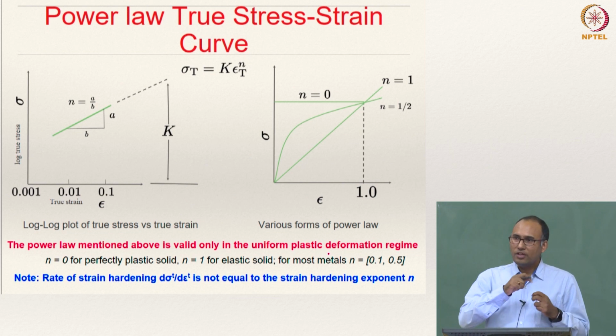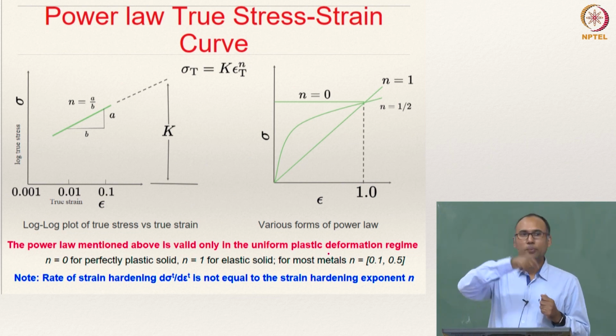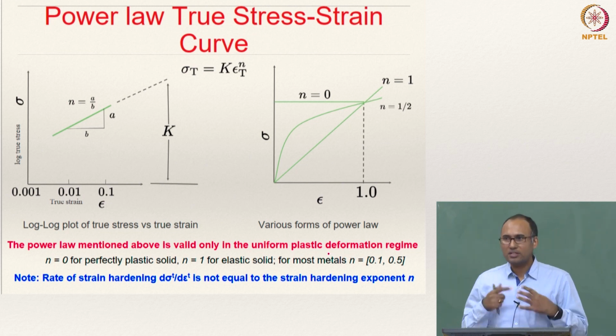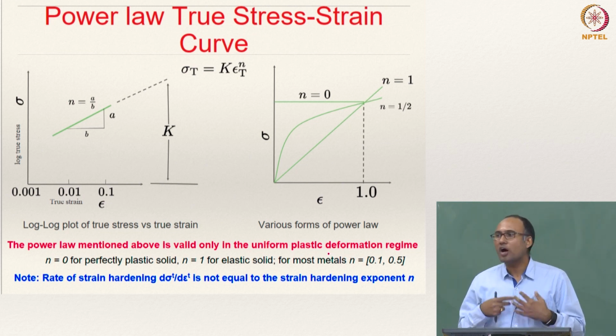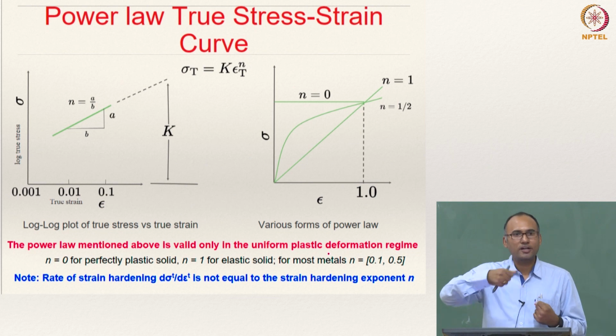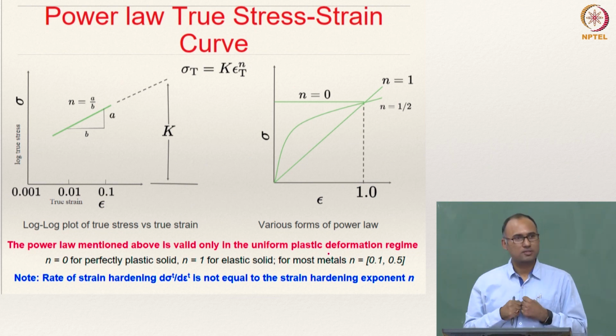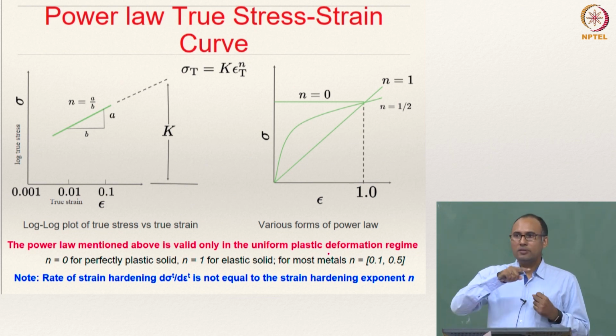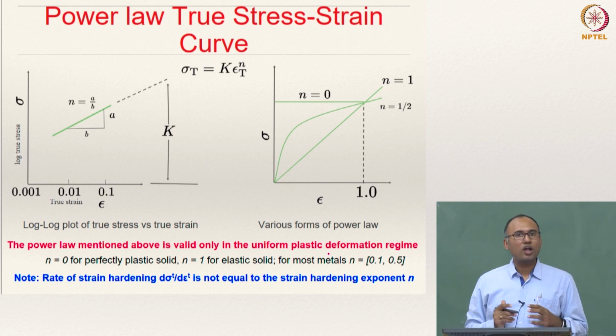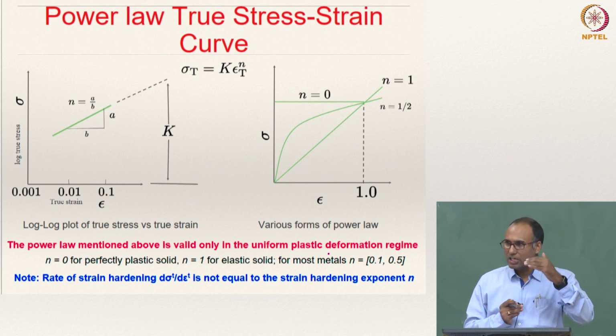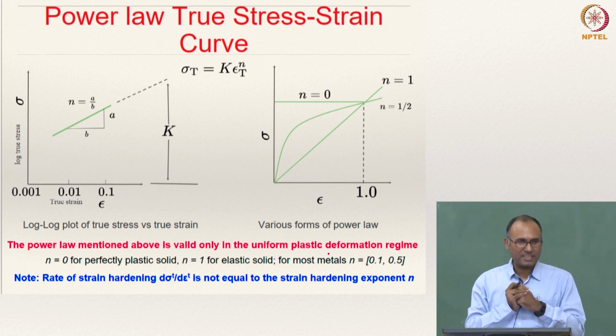And then if you load the material beyond the yield point, you continue the plastic deformation, but the thing that you will observe is the material becomes hardened. That means it becomes harder and harder for you to cause further deformation, right. And this regime is called the hardening regime. From the yield point up to the necking is called the hardening regime.